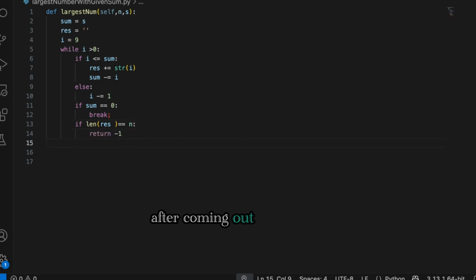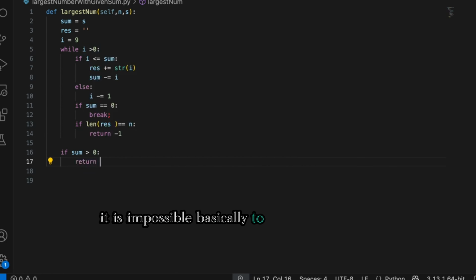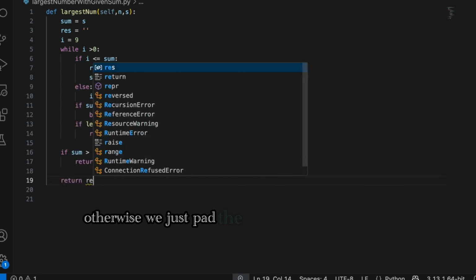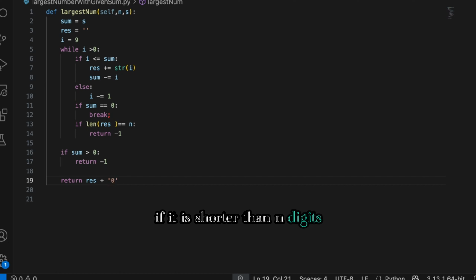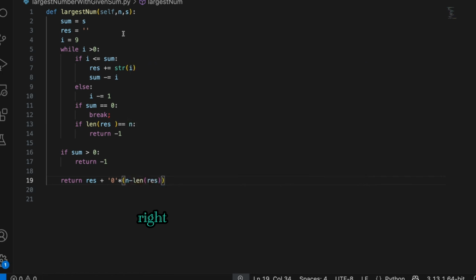Now, after coming out of the loop, if the sum is still not 0, that is if the sum is greater than 0, it is impossible basically to form the number and hence again we can just return -1, right? Otherwise, we just pad the result with trailing zeros if it is shorter than n digits, right? And finally, we just return this as the output of our function. So that's the entire